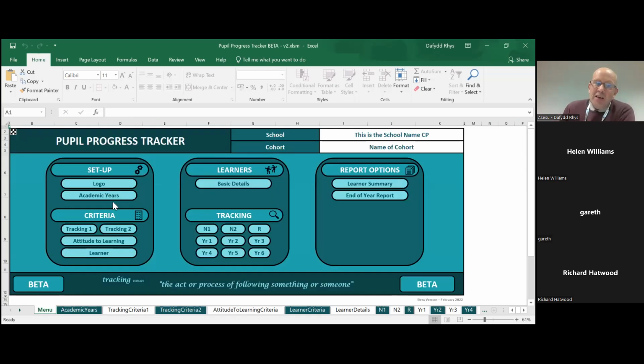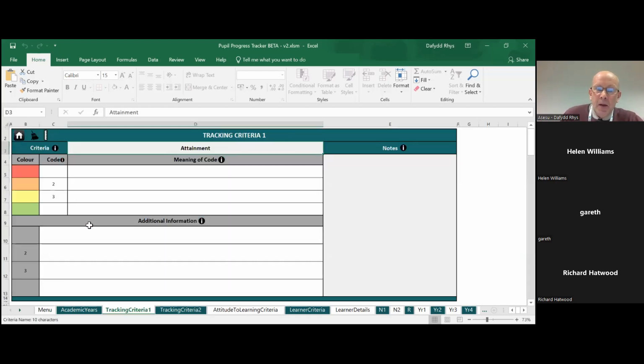And then what we've tried to do is think outside the box, using color coding and giving you options. What would you like to track? So there's some tracking criteria here. And basically, it's up to you as a school. If you chose to use this, you decide what you'd like to track. And for example, I've got to be honest, if I was back in my old school in Ysgol Houston, I would be allocating this to a support